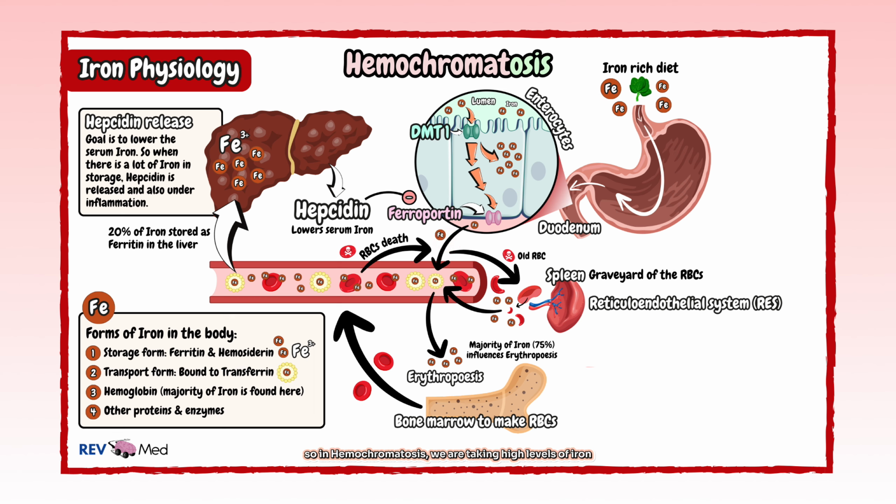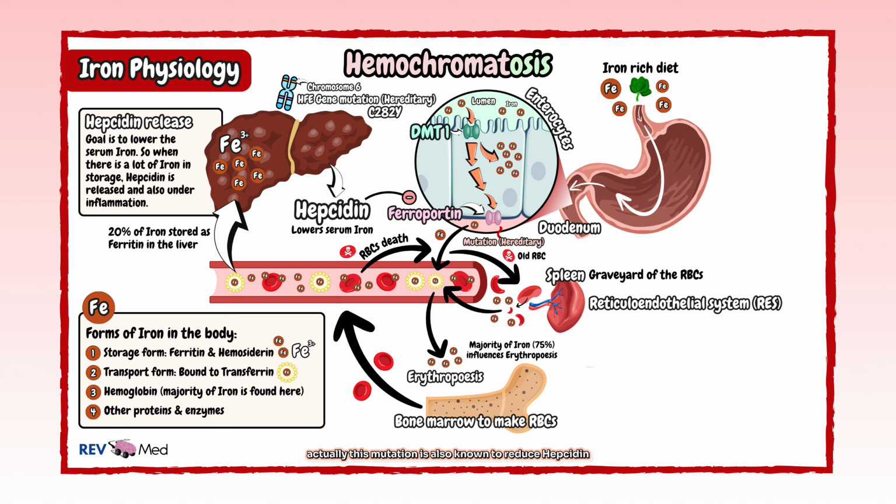So in hemochromatosis, we are taking high levels of iron, and yes, you can overdo the intake of iron in your diet, but it's unlikely. What we do see is hereditary mutations in the transporter Ferroportin. And here, sometimes there's excessive Ferroportin, meaning with so many Ferroportin transporters, a whole lot of iron can get into the circulation. We're mostly concerned in this lesson with what we discussed earlier, which is the chromosome 6 HFE gene